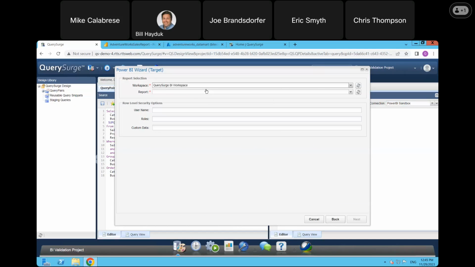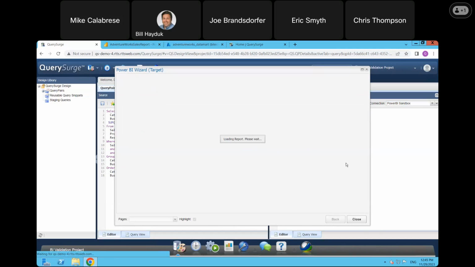We're going to select the QuerySurge BI workspace here. And then in that workspace, we have 2 reports. We're going to select the AdventureWorks sales report. And then there are also options for row level security. This report does not have row level security enabled, so we're going to leave those blank and go ahead and click next. And now what's going to happen is this report is going to be loaded directly into the wizard